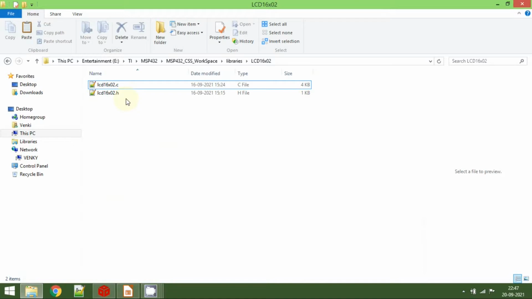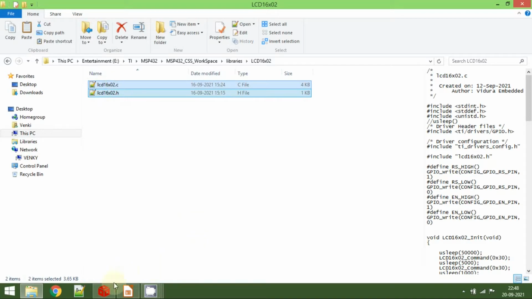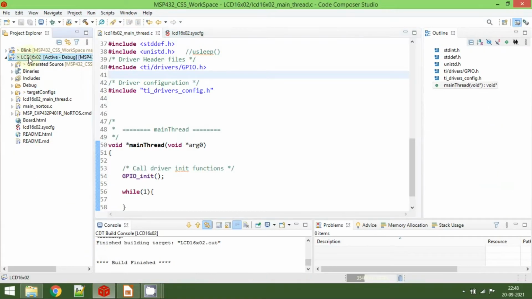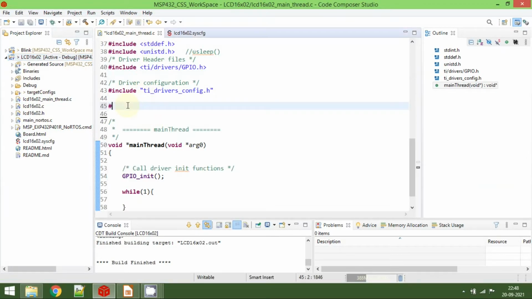in my GitHub repository. So here you can find the .h and .c file, which will be used to communicate with the LCD 16x02. So copy these two and then go to the CCS again and click on the project and paste it here, and you will be able to see these two files. And now go to the LCD 16x02 main thread.c file, and then here include the